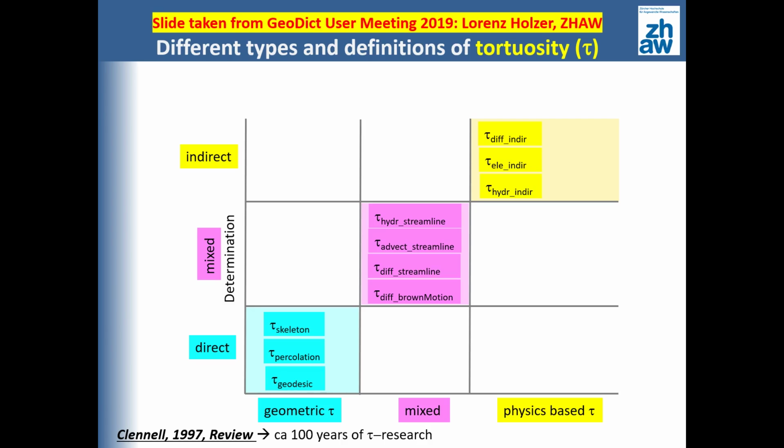There are the direct possibilities, which you can see on the bottom. For example, by calculating certain paths in the structure, for example, the percolation paths, and dividing those by the thickness of the structure, which is exactly what we have seen with only one path on the slide before. And then there are the indirect approaches, like, for example, calculating diffusivities or the diffusivity through the structure, and back calculating from this value to the tortuosity. And you can also mix both of these approaches and get different definitions.